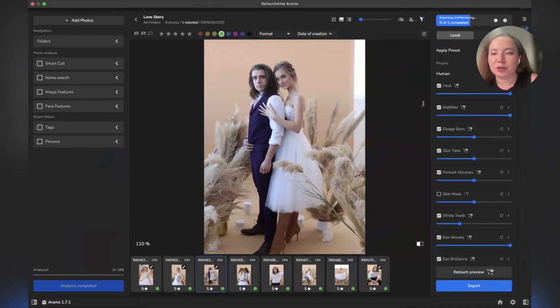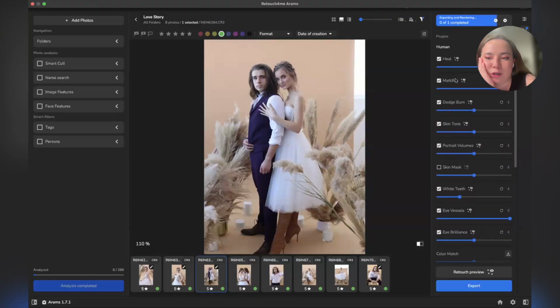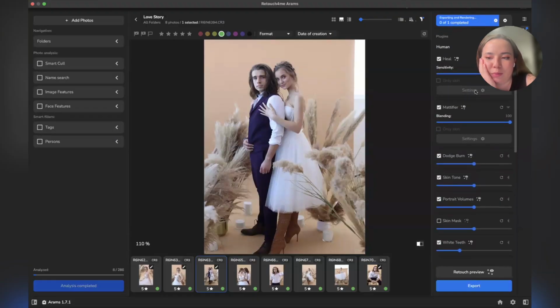But here is the first question from George. Is there any way using heal or mattifier to add to the mask manually? Where can I find this question? Or can you say it again? 1133. Oh, okay. Is there a way using heal or mattifier, for example, to add to the mask manually? So it's probably about removing automated parts of the mask. Is it possible? I don't understand the question completely, but